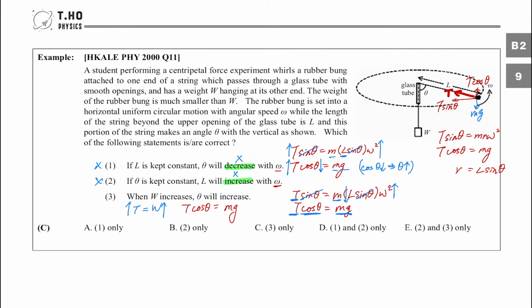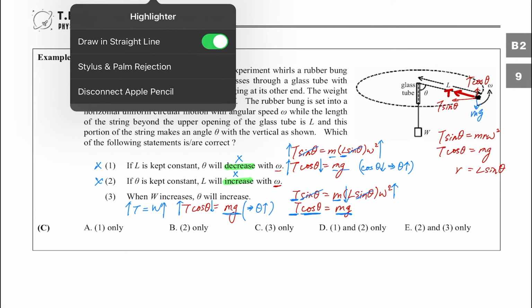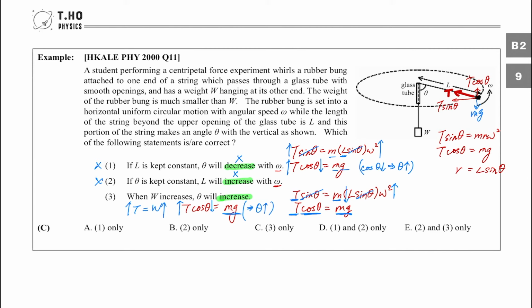We can look at the equation. T cosine theta equals mg. When tension increases while keeping m and g the same, cosine theta will decrease. We have said before, when cosine theta decreases, theta will increase. So as a direct consequence, theta will increase. So if you say when W increases, theta will increase, this is correct. So the first statement